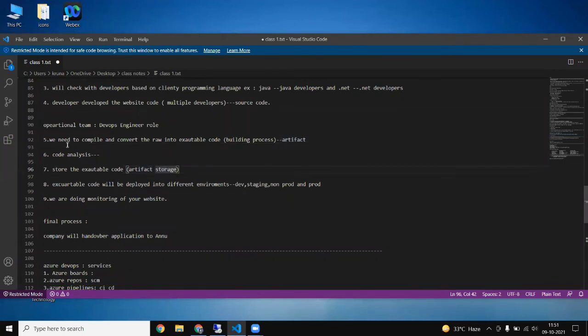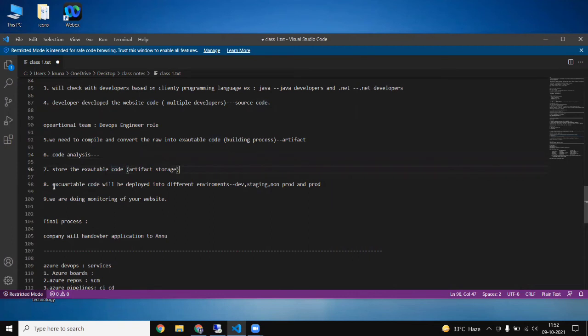For building, you have to give one tool. For testing, you have to give one tool, and that tool will do everything, you don't have to do anything. You only need the knowledge, and that knowledge I will give you: how to build, how to test, and then how to store. This is only for storage.